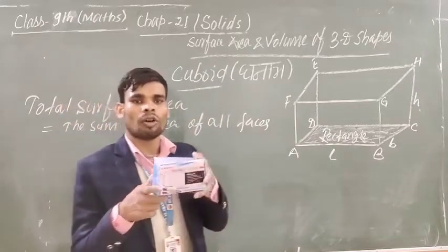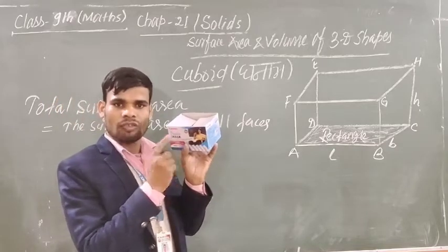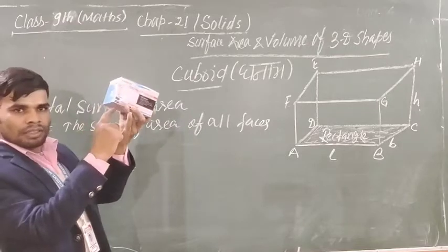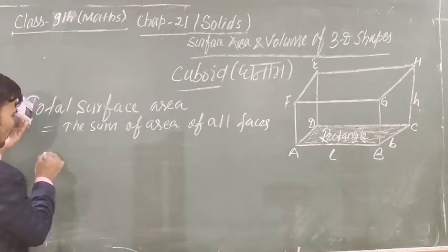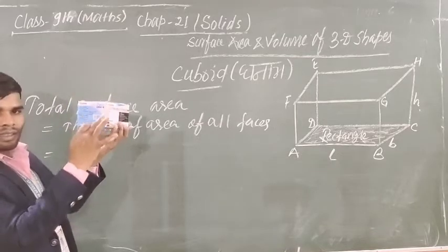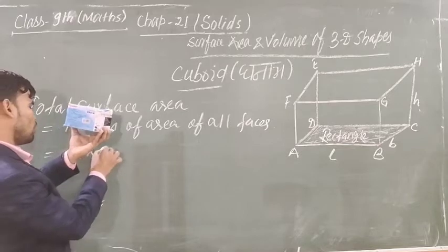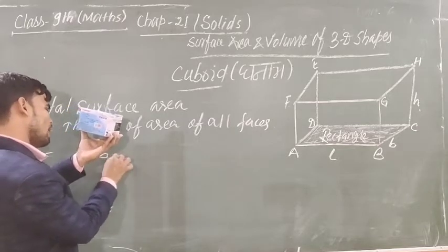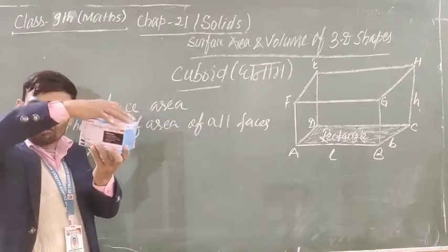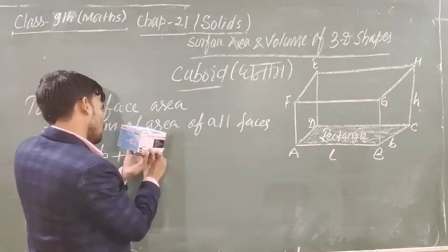You see this chalk box is a cuboid. If you have to find the total surface area of this cuboid, then you see the base. The area of base will be equal to, this is length and this is breadth and this is height, so area of base will be equal to L into B. And you better know, for this chalk box, the area of base will be equal to area of top. So area of top will also be L into B.